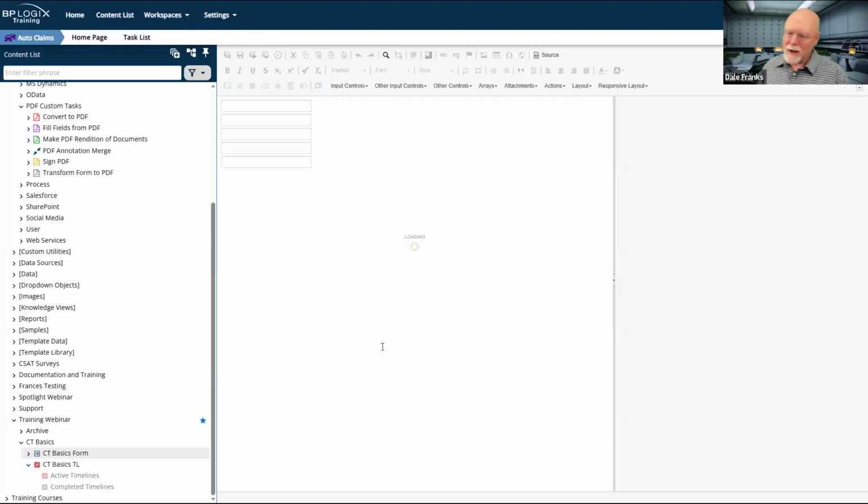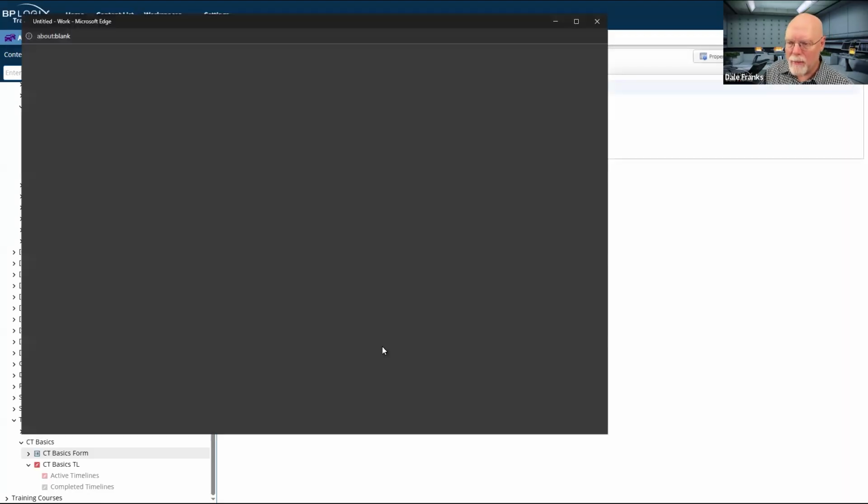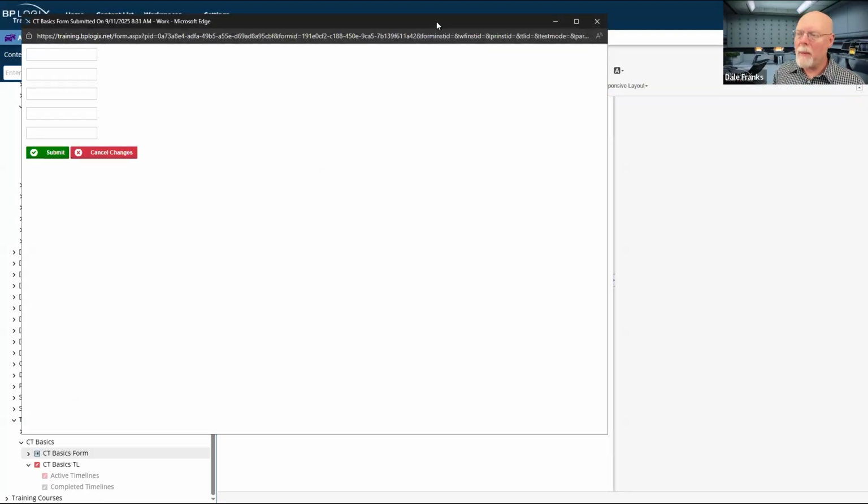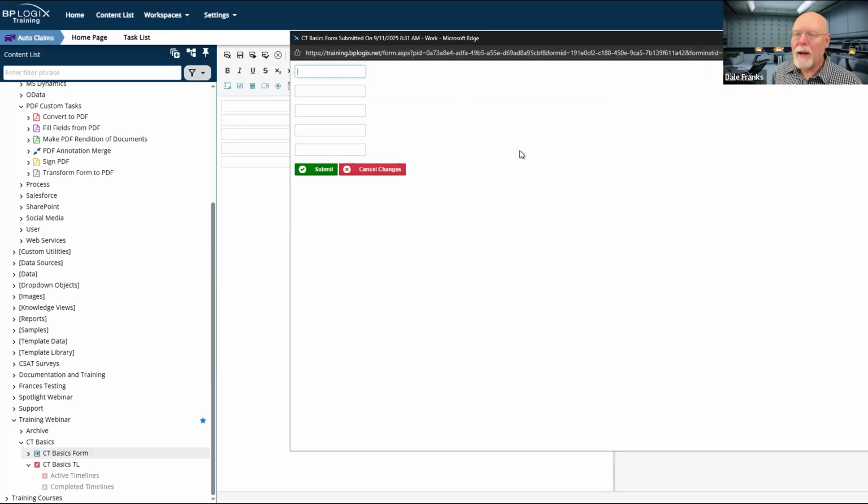We'll give it a second to save and compile. Our form should pop up. It's a real simple form. And if I hit my tab key, it's going to tab into field 1, and I can set the value there. And I can hit tab again, field 2, field 3, field 4. Uh-oh, something bad has happened. I am not in field 5. Where am I? I'm back at the beginning.